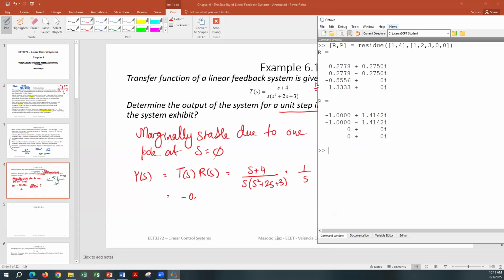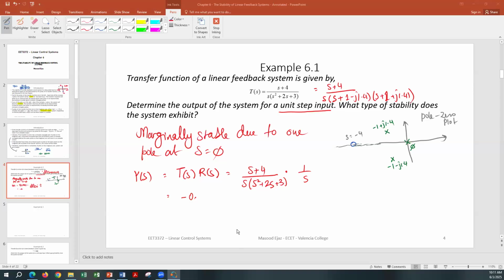Let me put it here on this side so I can see it when I'm writing. Negative 0.56 over s, that's the first power, plus 1.33 over s squared, the second power, plus